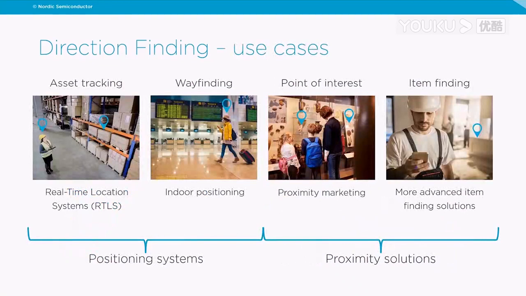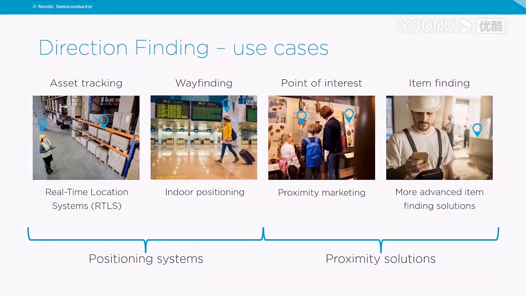So here I have some direction finding use cases. So you have asset tracking, where you typically build a real-time locating system. And this is part of the positioning system use cases. You also have wayfinding, which is typically used in indoor positioning. And then on the right side, you have proximity solutions, where you have point of interest or proximity marketing,